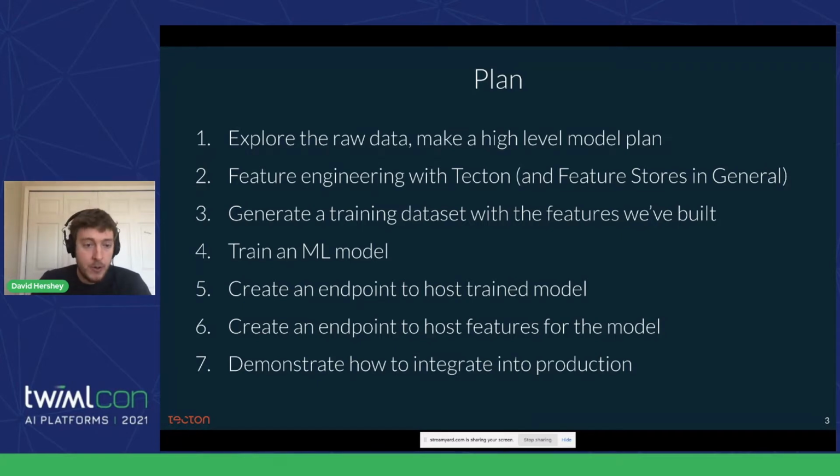Once we've trained the model, we're going to actually host that model as an endpoint. So this is one of the most popular deployment patterns we see for these real-time models, is to actually host some sort of endpoint that you can scale to meet your demand. And we're also going to create an endpoint that will retrieve features for us at serving time. Now, in reality, this is fairly automated by Tecton, but I do want to highlight that,